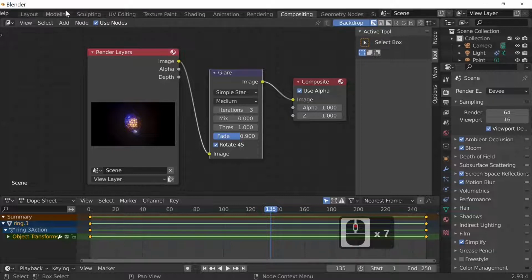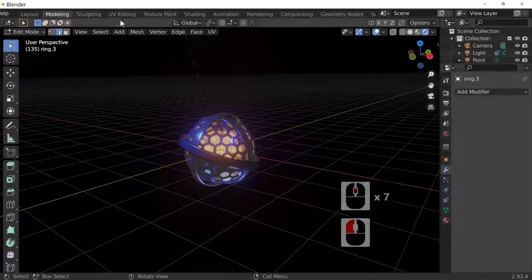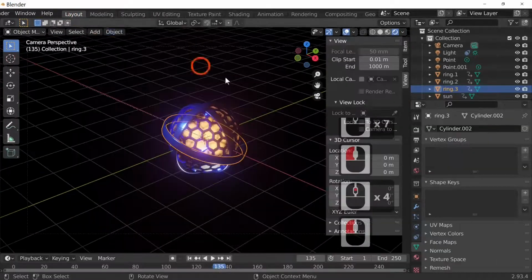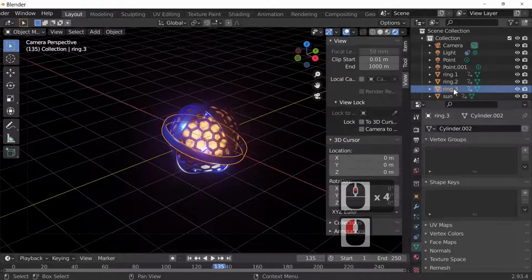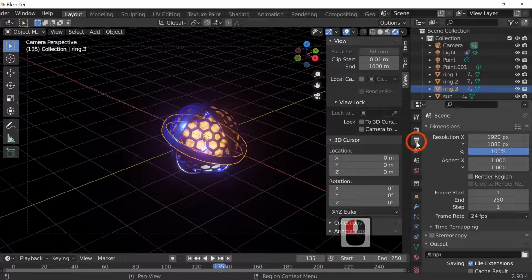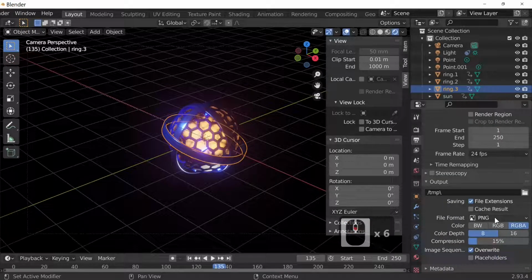So back into modeling or layout. I prefer actually layout. I've always preferred layout, but you've got layout. So what we can do is actually go into a thing that looks a bit like our printer here. Put your output of your actual file. We don't want it to be pink, because then it'll do hundreds of different images, well 250 different images. I'm just going to actually select this back 1 to 249.